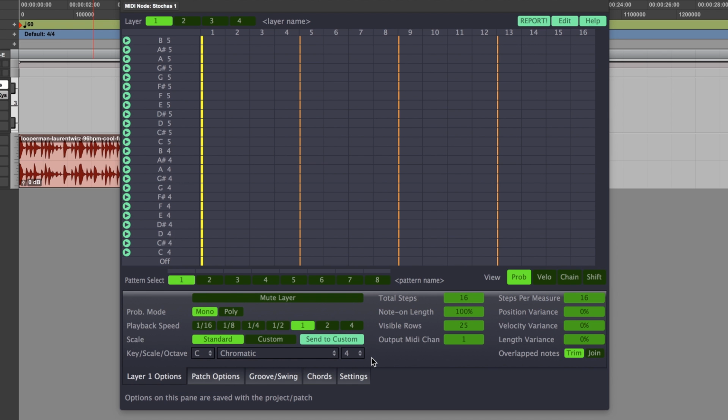Keys and scales. Now it's not easy to remember every single scale and key out there, so we've created a function for you to be able to assign different scales to the first column and to the different rows here. At the moment I'm in a C chromatic scale, and Stochas is starting on the 4th octave. But I can change this to being